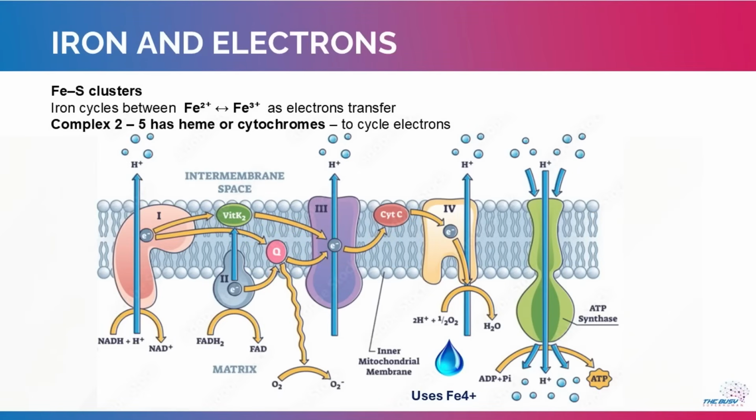So this now ties me back into just a little bit more about the electron transport chain, because within these different proteins, we've got something called iron-sulfur clusters, and then complex 2 to 5, they would be described as a heme or a cytochrome. So the iron changing rapidly from the iron 2 to the iron 3, or changing oxidation states, is an extremely key part of how electrons move down the electron transport chain.